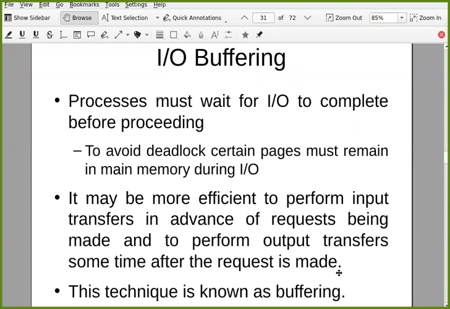Once it is done, your process will be given the signal that your IO is completed and it can be brought back in. Once it is brought back in, whatever data it requested, which is right now in the system buffer, will be copied from the system buffer into the user process space.